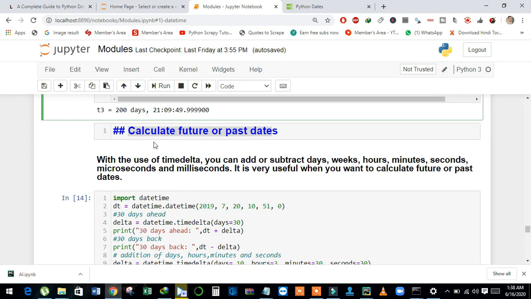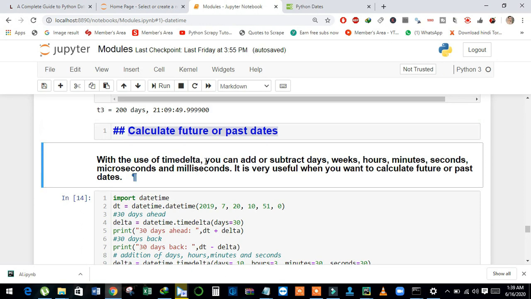Now we will discuss how to calculate future or past dates, and we will use timedelta class. We can use timedelta class to add or subtract days, weeks, hours, minutes, seconds and microseconds. It is very useful when we want to calculate future or past dates.